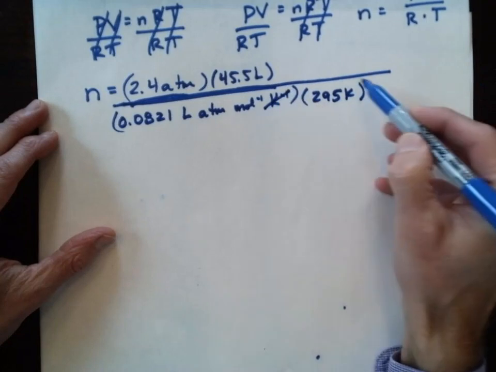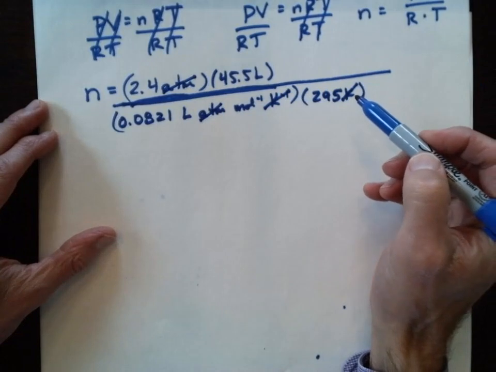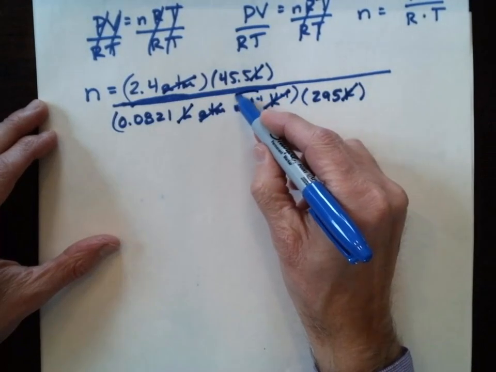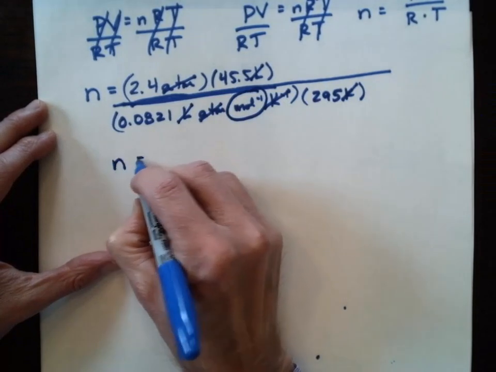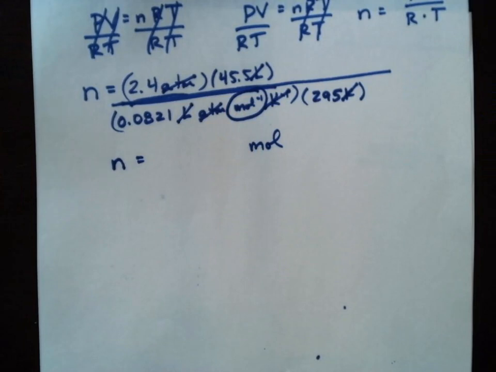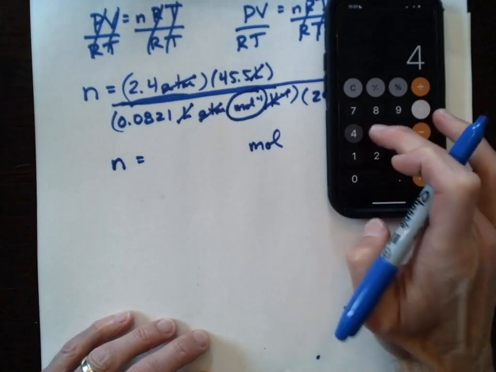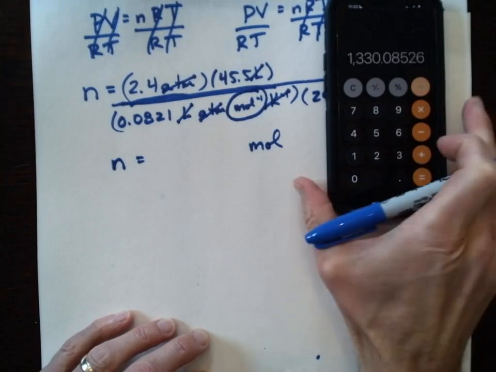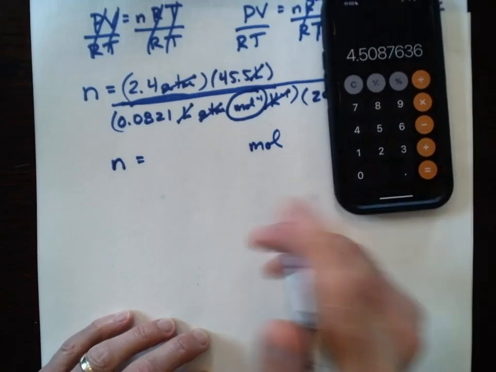On the denominator, inverse Kelvin cancels Kelvin. Atmosphere on the numerator cancels atmosphere on the denominator. Liter on the numerator cancels liter on the denominator. And we're left with an inverse mole on the denominator, which is a mole. It's good because that's what we're looking for. So we know we've probably set everything up correctly. Do the arithmetic. 2.4 times 45.5 divided by 0.0821 divided by 295. Looks like we're going to need 4.51 moles